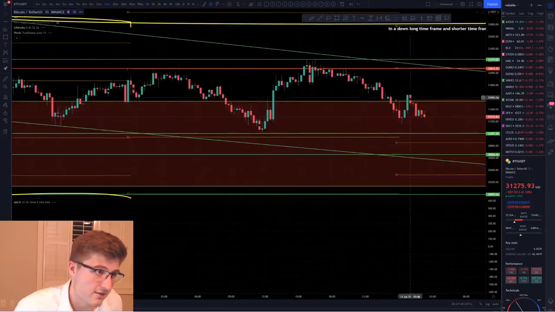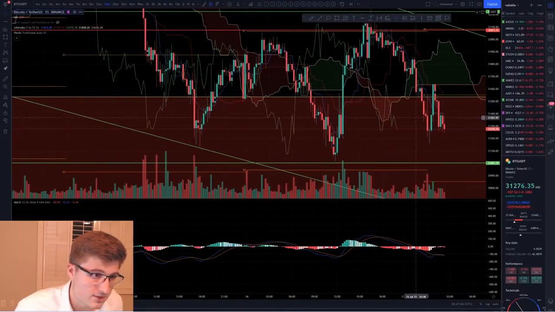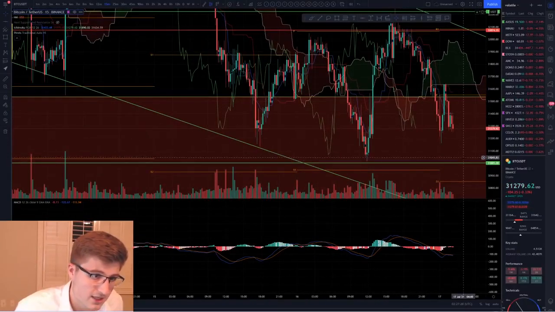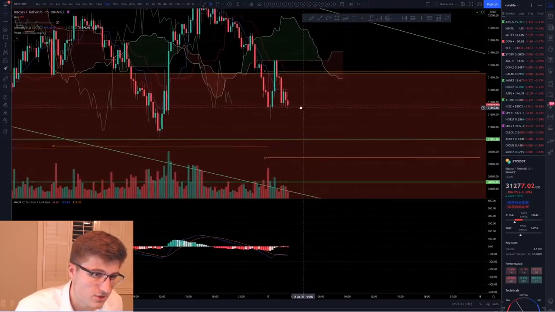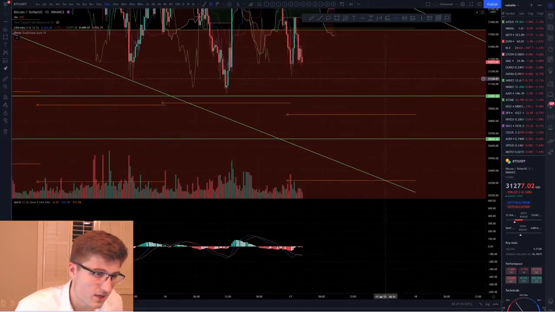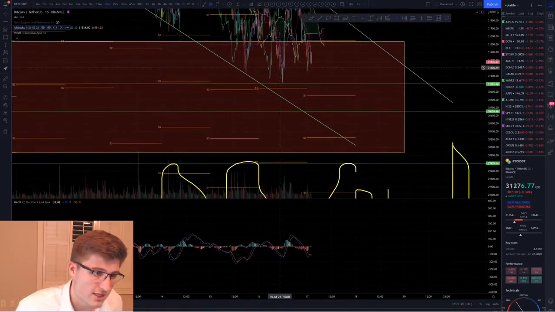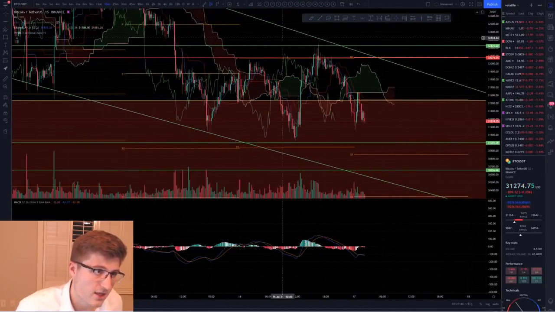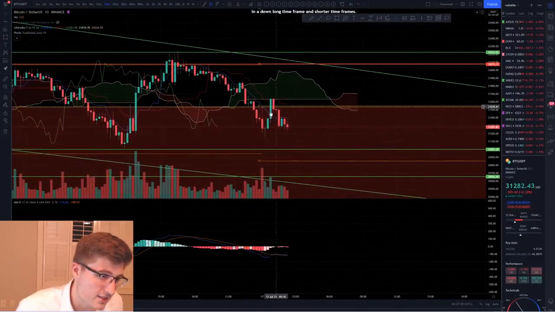Let's see if we have any on the 15. Where's this resistance at? We don't really have too much on the 15. But for the most part, you've got to play off these levels right here. You could play this off the 15, which is 38, and then we have this 33 or 3600. It's a lot more accurate on the longer time frames, but we do see that we had this engulfing candle.